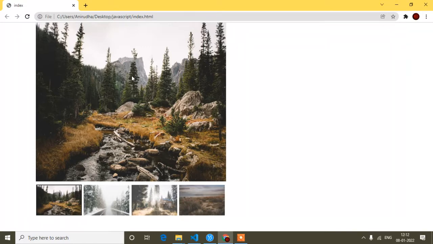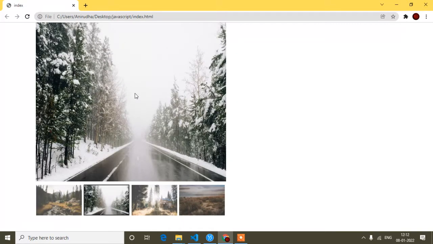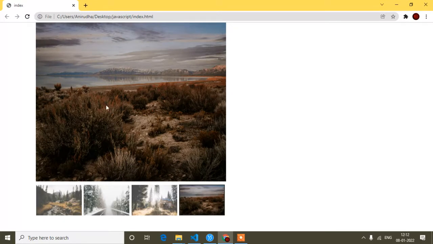So you can see by default it displays the first image, and here are the four images. If I click the second one, you can see the image changes and displays the second. If I click the fourth, the fourth image is displayed, and the active class adds a border to show the user which image is now showing. That's why I have added the active class, which is a border with opacity 1, and otherwise all the other images have some blur in their opacity.